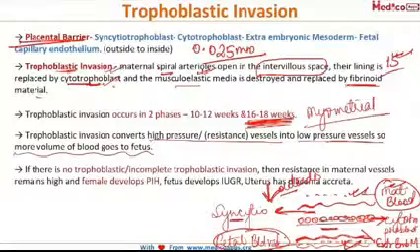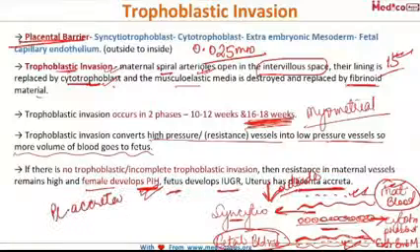Now, if this trophoblastic invasion is absent or incomplete, then the resistance in the maternal vessels will remain high, and the blood supply to the fetus will remain low. This is called uteroplacental insufficiency, and this overall condition results in PIH, that is pregnancy induced hypertension in the mother, IUGR in the fetus, and the placenta becomes placenta accreta as it invades deeper and deeper into the myometrium so as to